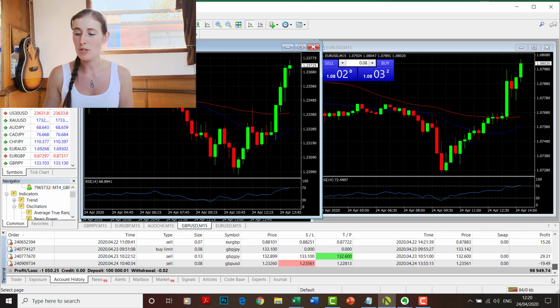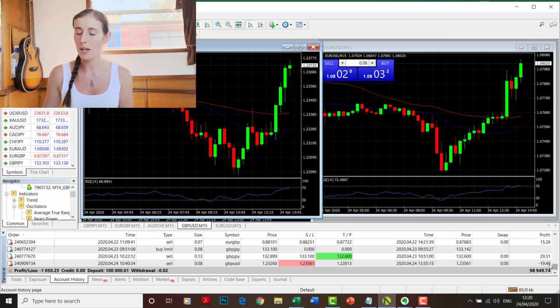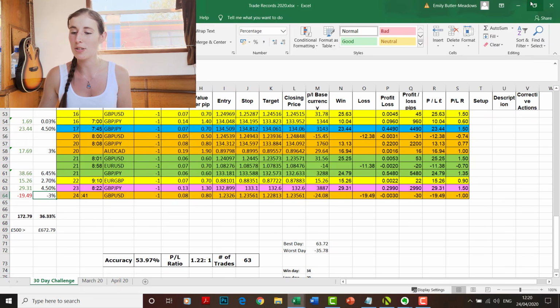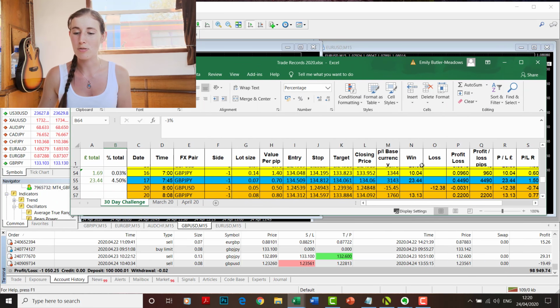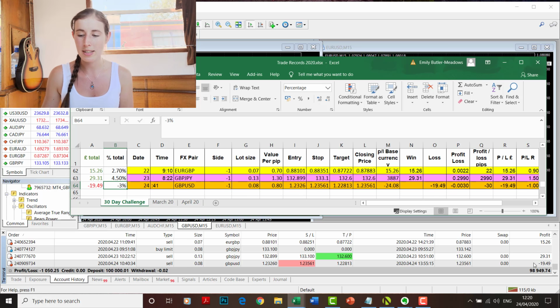So the demo results, of course, it says 100,000 starting, and it's actually below that because obviously I overtraded and I haven't used this as an accurate record of data. But if you really want to know, I'll just make my spreadsheet a little bit smaller so you can see the last row. And today's there, minus 19.49. The day before I got £29.31,